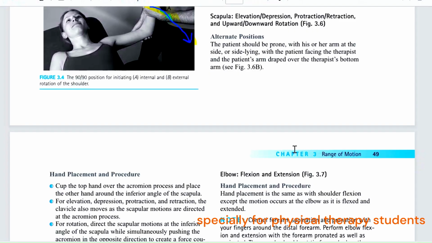But being a therapist, being a doctor, I am going to perform these on my patient, which means I am performing a passive range of motion. When you are performing passive range of motion, you need to modify certain things according to the patient's needs. You can just say patient tolerance, and according to the patient itself, okay?